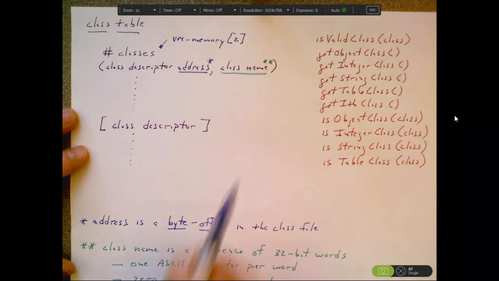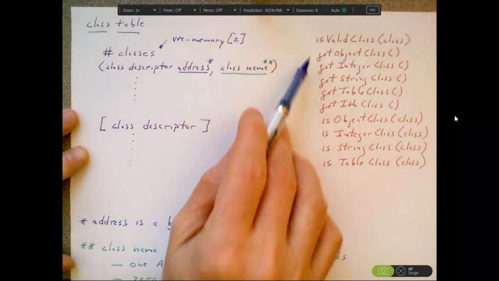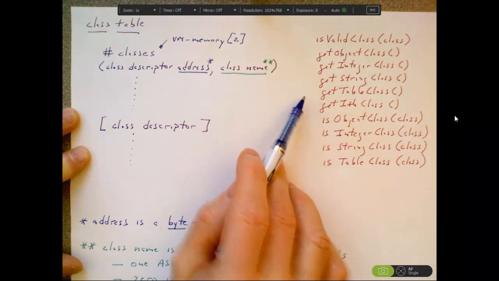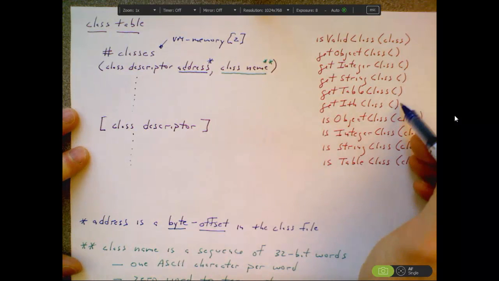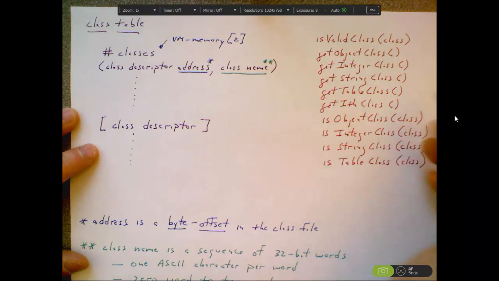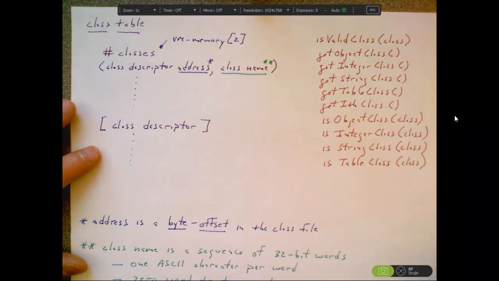So what are the rest of these functions? Well, get object class, get integer class, get string class, get table class. These are all void functions that return a class descriptor address. And the trick is that you are